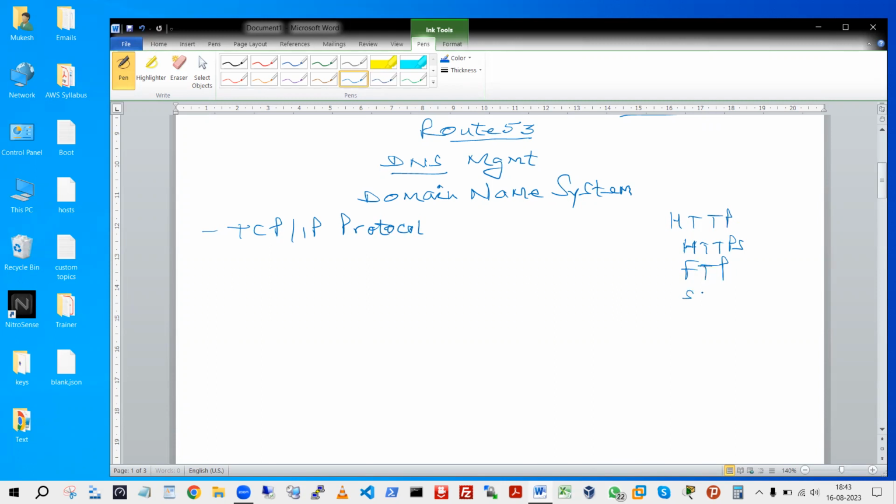Like this you have SMTP, simple mail transfer protocol. SNMP, simple network management protocol, right? POP3 post office protocol. ये सब TCP/IP protocols ही हैं, right? Which are all working at layer 7. That is the application layer. Similarly, DNS is again a TCP/IP protocol और ये भी layer 7 का protocol. Layer 7 यानी application layer,